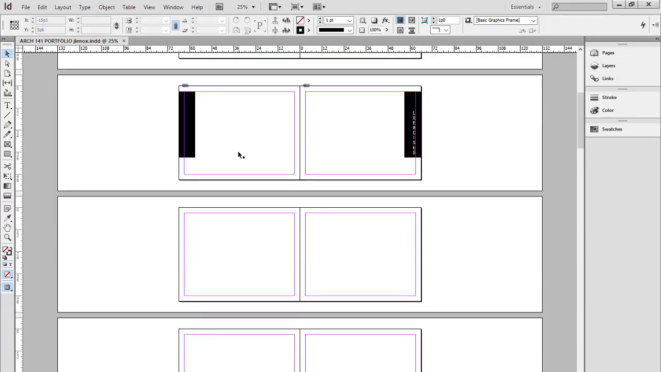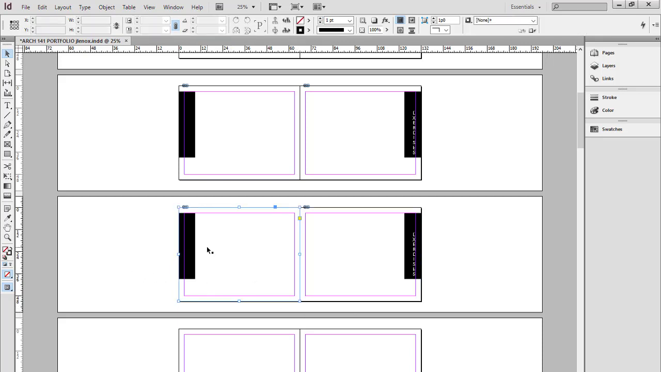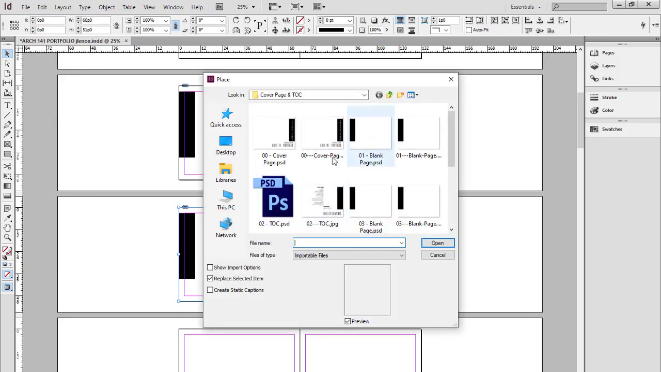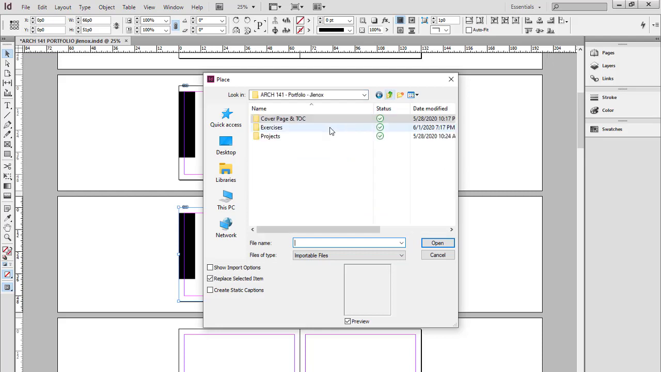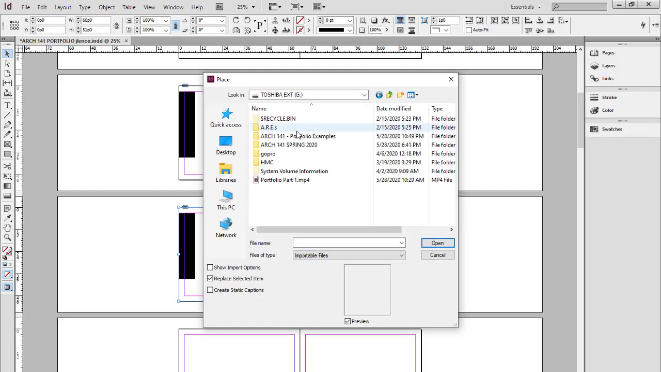So here's my InDesign file. Remember the process for this, I've been just copying these and pasting them. And look, they paste right perfectly into place. That was nice. And then you can select just one of them and go File, Place. And obviously you want to navigate to the right location here and be able to place those into the right zone. So if I go to my PC here and go to my drive where I'm saving it now,